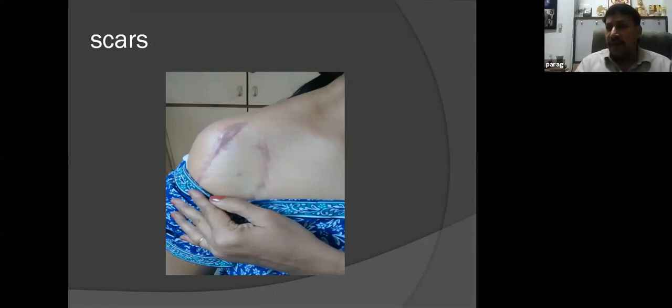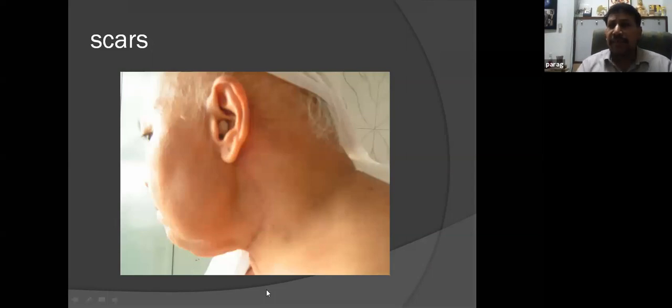You can have scar-related complications, and you need to even look at this to plan how you're going to put the scars. So this is one thing, but then there are certain scars which will even straight away tell you the diagnosis. Just like the first case I showed you, this lady has this scar in the posterior triangle of the neck, and she presented with scapular winging. She had a trapezius palsy. So you have a scar at the back of your neck, and somebody comes with a shoulder pathology, you have to suspect a trapezius palsy. Okay. Again, you will see if you look for them, you will see them.